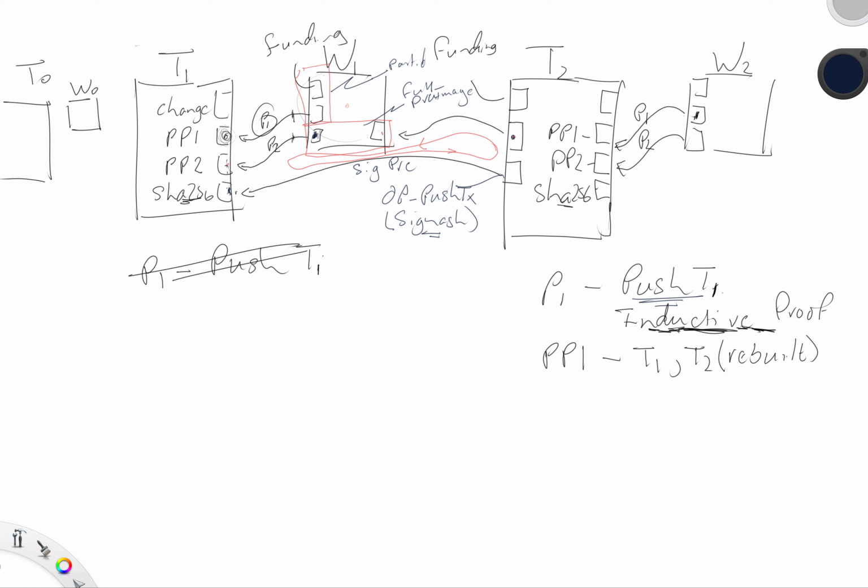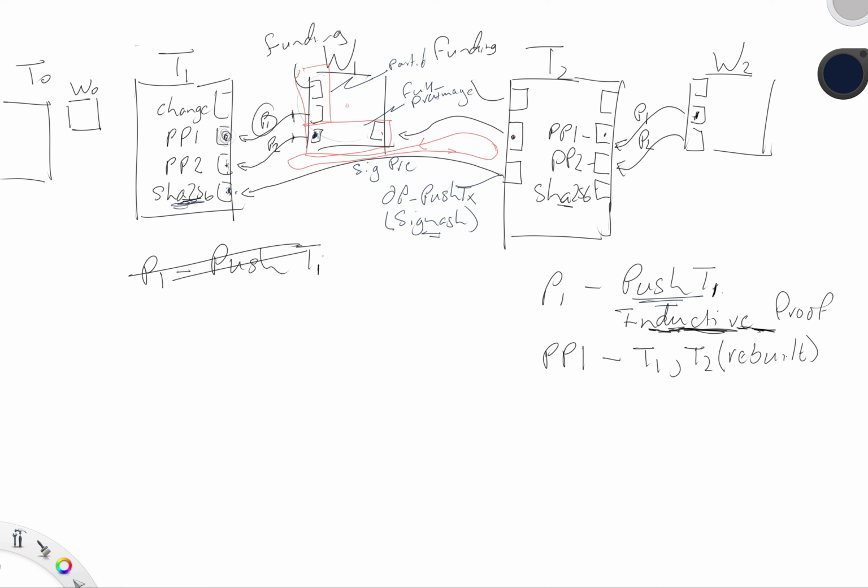Suffice it to say, I can prove that this closed circle, this little circle on the inside, I can prove in the SHA-256 out point here that I do in fact have this W1 transaction that also spends from PP2. And the rest is just me doing part of the inductive proofs in PP1 to make various assertions about the shape of the transaction, and then there is